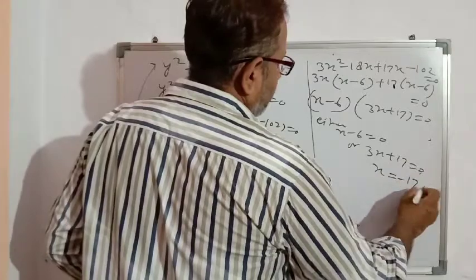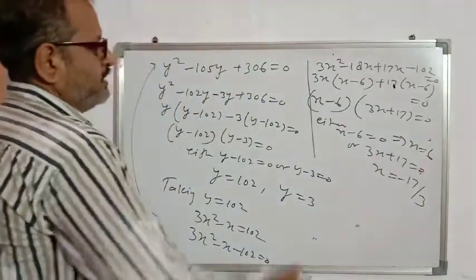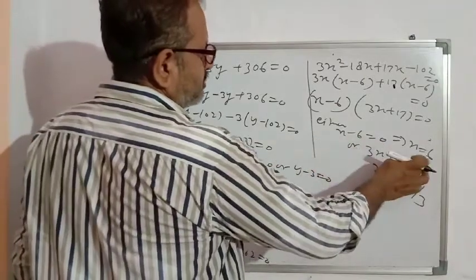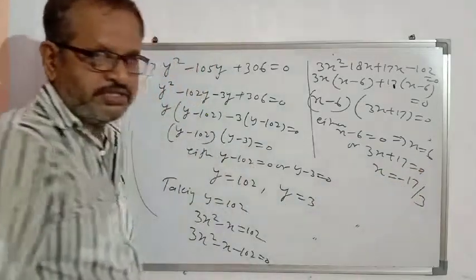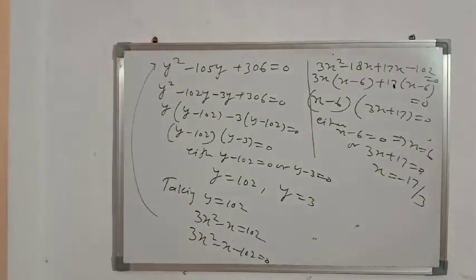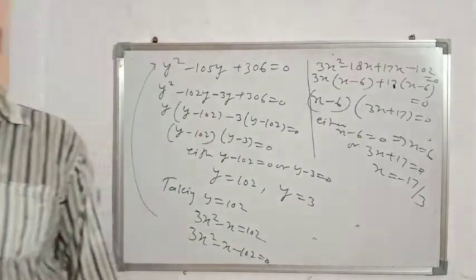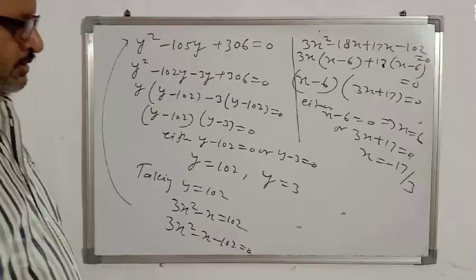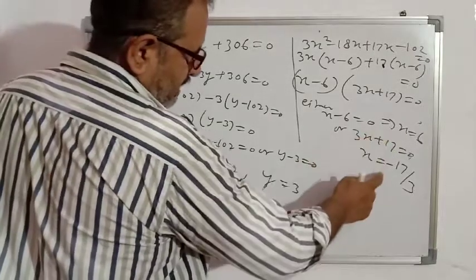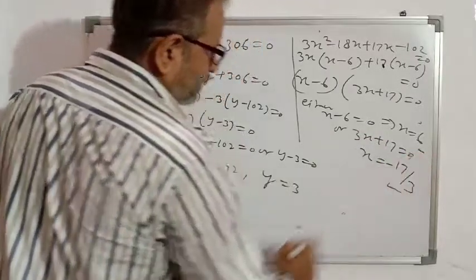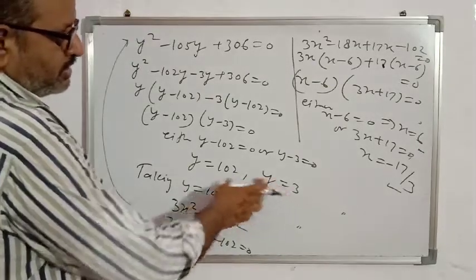From x minus 6 equal to 0, we get x is equal to 6. 3x plus 17 is equal to 0, so x is equal to minus 17 by 3. So after solving, we are getting two values of x. Taking y is equal to 102, we are getting x is equal to 6 and x is equal to minus 17 by 3. If we take y is equal to 3,